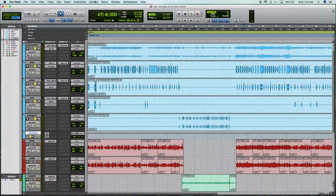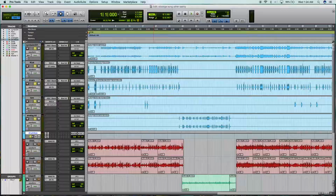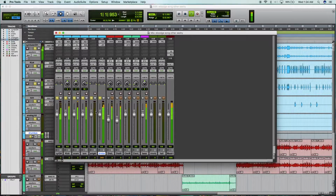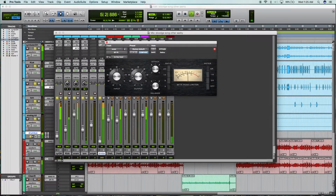All right, sweet. So now real quickly, I'm going to pull up our mix window and I'll get a rough mix for the drums. And basically my goal with this is getting these drums to hit here on the master fader. And again, the bottom down method can be used. Also, I'm going to jump over on this snare and turn it down quickly because we don't want to be